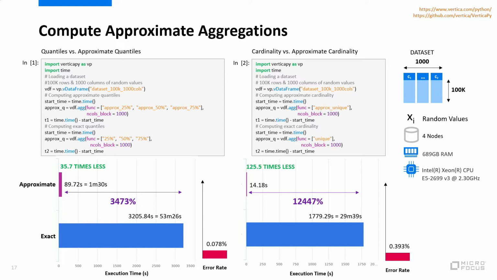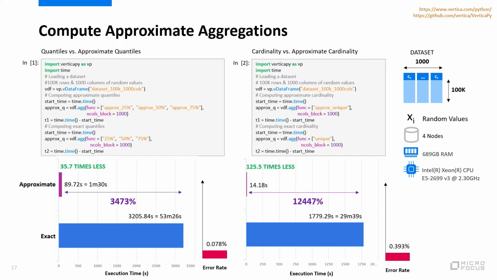And you can see that it takes 35.7 times less to compute approximate quantiles than the real ones. So we are going from 54 minutes for exact quantiles to 1 minute 30 seconds. It's really huge. And you can imagine that in a bigger environment with terabytes of data, the difference will be even